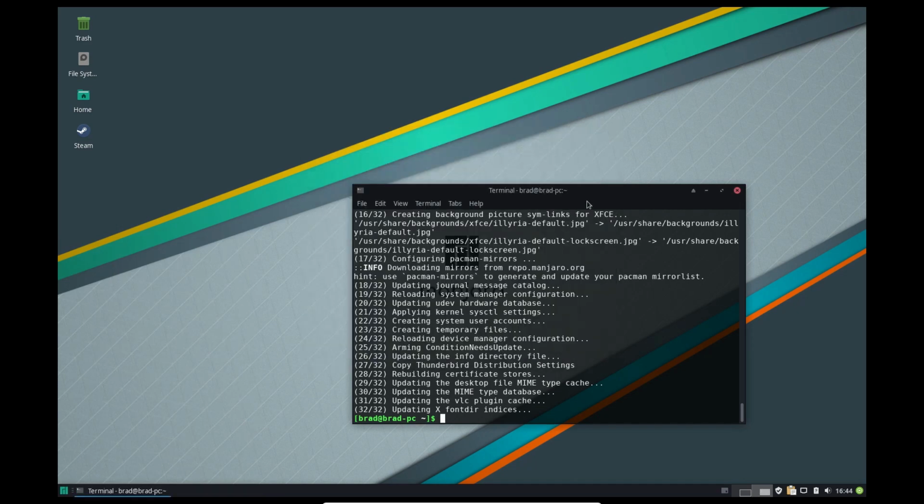Let's do a quick setup here of how I would, if I was building a gaming rig based on Manjaro, what would I do to get up and running? So the first thing I would do is probably get Steam, which has already been done for us. Very cool. The next thing I would do is get some software to handle streaming my gameplay to my friends. So I'll grab